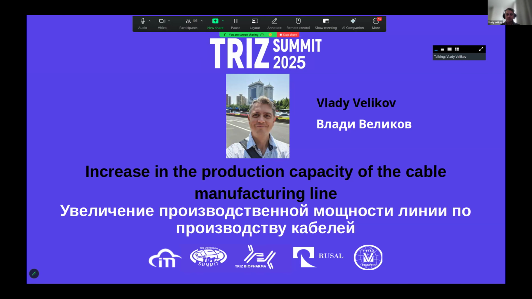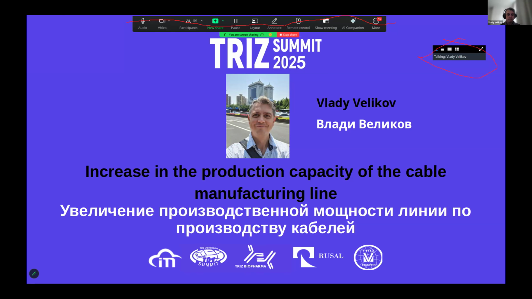One of my friends gave me a book about TRIZ, the algorithm of TRIZ. The book was in Bulgarian, published in 1974. I read it and I said, this is what I miss. And I started to read it and to implement TRIZ step by step. The results were very good.